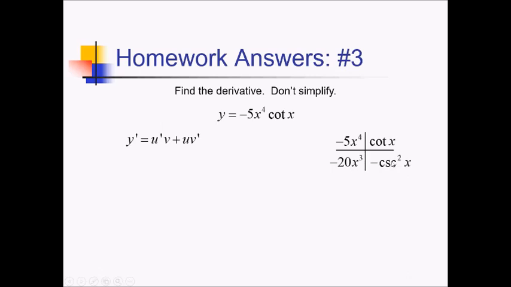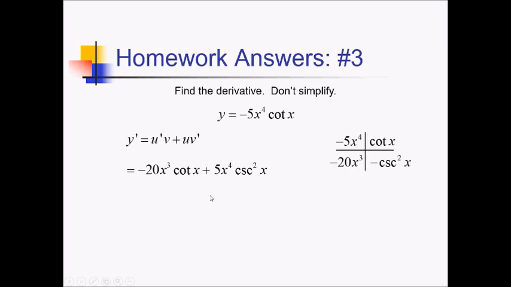Using the ribbon to put it all together, we've got negative 20x cubed times cotan of x for the u prime v part of this. And then for uv prime, going the other way here, we've got, well, two minuses, that's going to give me a plus. So plus 5x to the fourth times cosecant squared of x. And they didn't want us to simplify this, so we're just going to leave it the way it is and